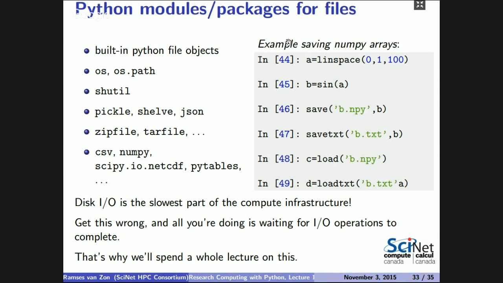Files, you can do files in Python. We'll have a whole lecture on files as well. I want you to know that this is all possible. You can save a NumPy array, you can load it. And there's built-in file objects which do the low-level stuff. I open a file, I write something to it, I close it. And that's fine, but